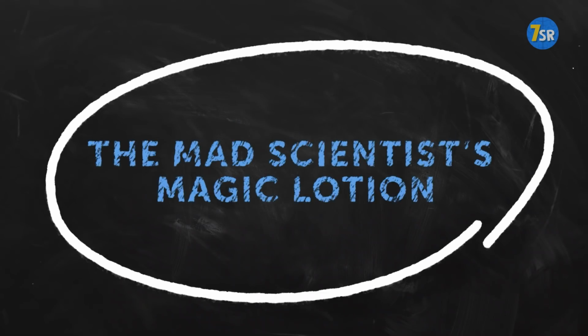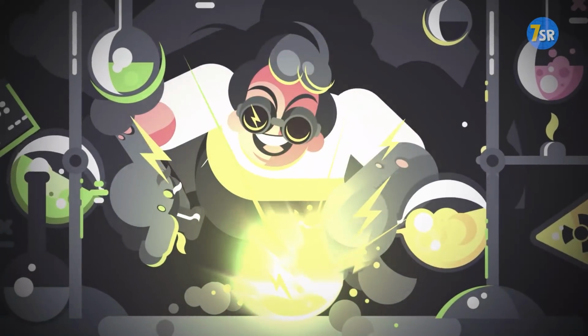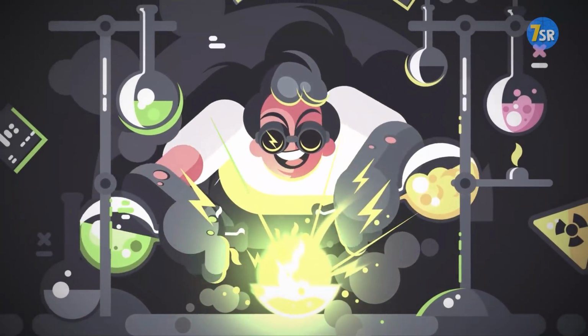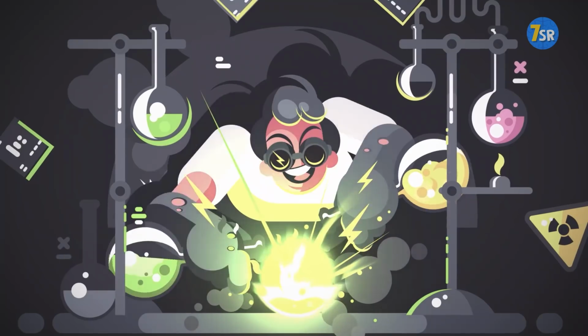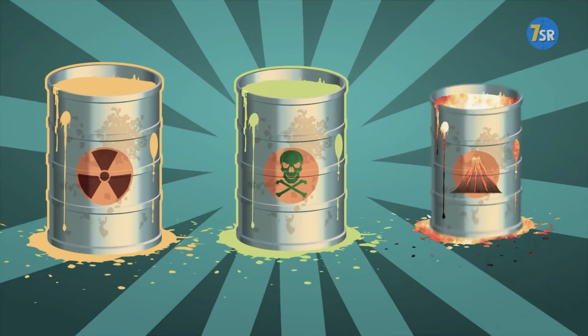The mad scientist's magic lotion. Yes, he's back, and he's kidnapped you. The scientist wants to test his new protective cream on you. After covering you with this magic lotion, which you absolutely don't trust, he makes you choose one of 3 containers